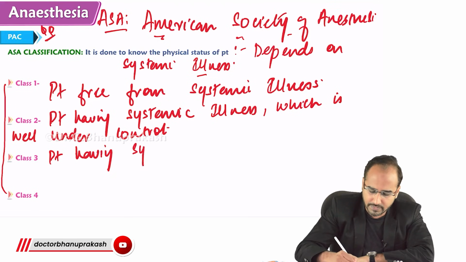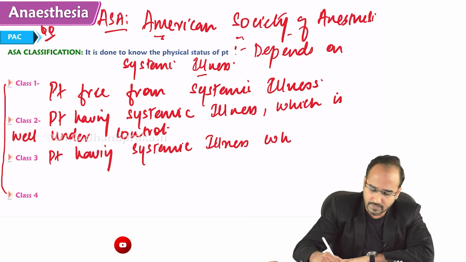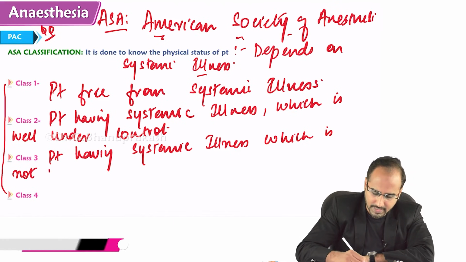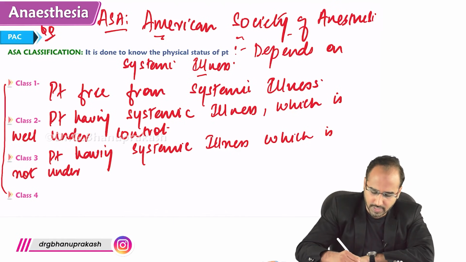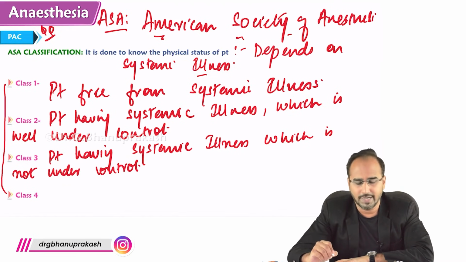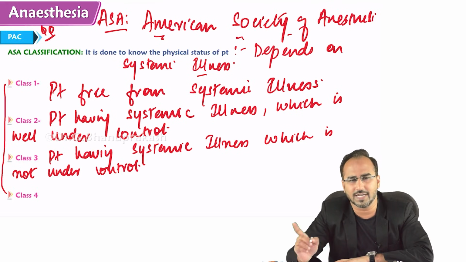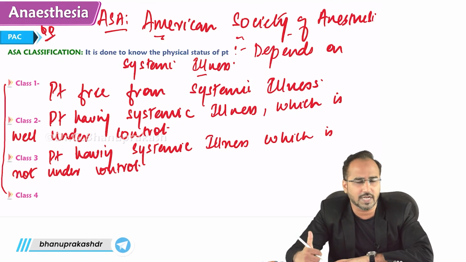Patient having systemic illness which is not under control. It is ASA 3. Okay, class 1 is done, 2 is done, 3 is done. 1 is free from systemic illness, 2 is having systemic illness well under control, 3 is having systemic illness not